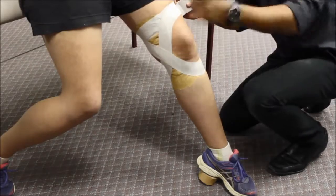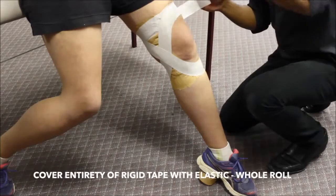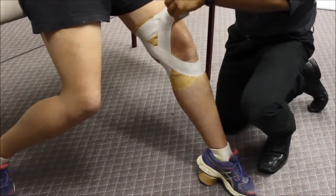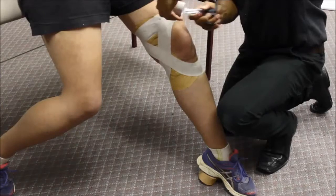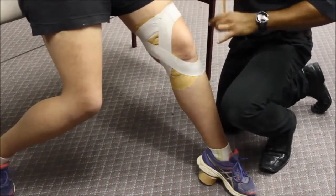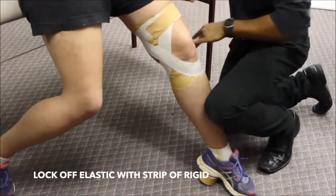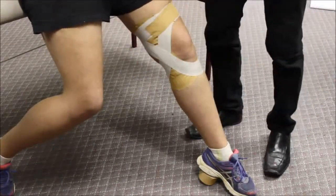I would normally use nearly the whole roll, or close to, so you're nearly going twice the whole way through. Around the front of the shoulder, lay it on the skin. I would normally pad over here so they don't get a little rash. For now, that's kind of the direction that you want to go. And a lot of guys complain with this one that their breathing's restricted. Don't really breathe so hard that they're